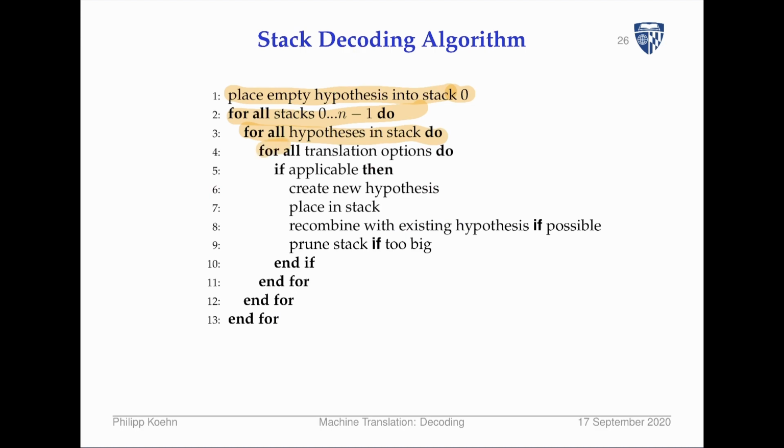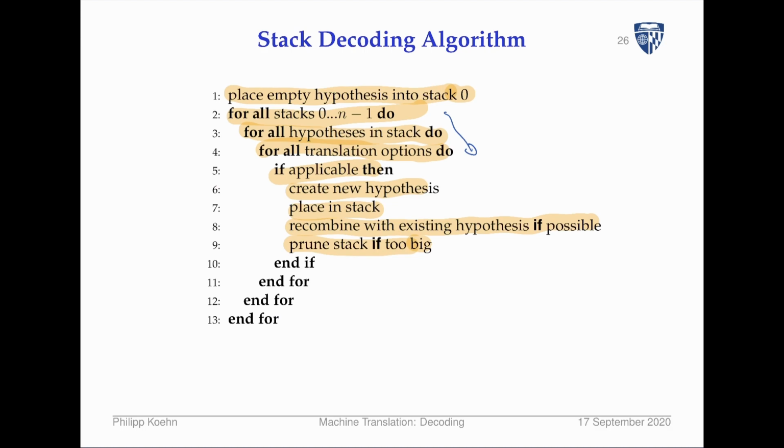Then we look at the list of all possible translation options. And if it's applicable, meaning it doesn't conflict with coverage, so it doesn't translate things that we already translated, then we create a new hypothesis, paste it in the appropriate stack, and also check if it can be recombined. And if the stack gets too big, we're going to throw away the worst hypothesis out of the stack. And that's it. So we have here a nested structure of 3 for loops,